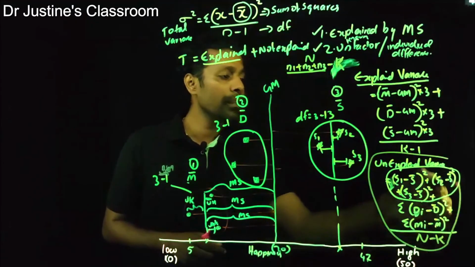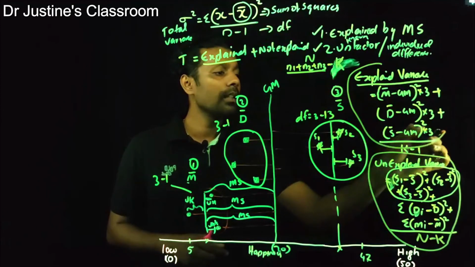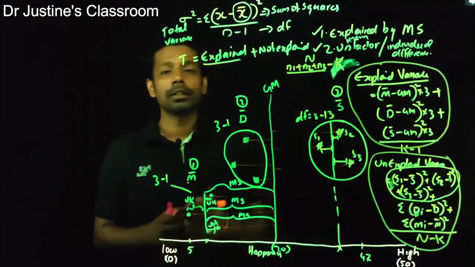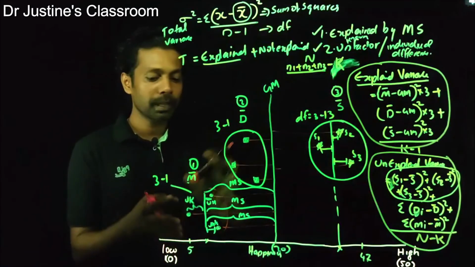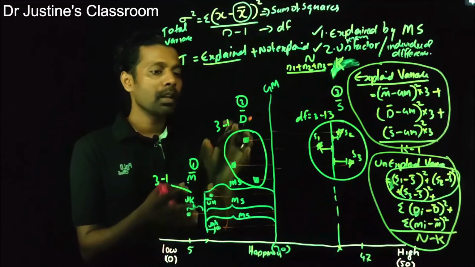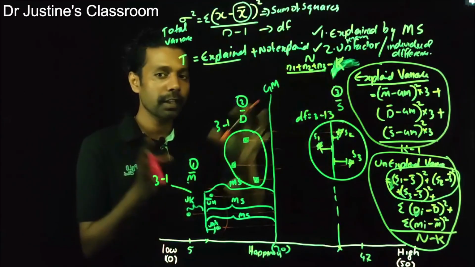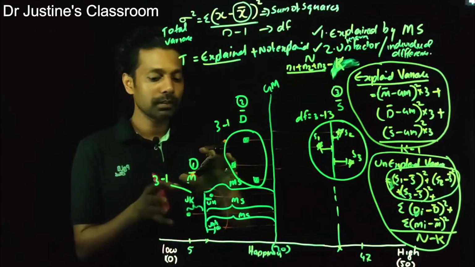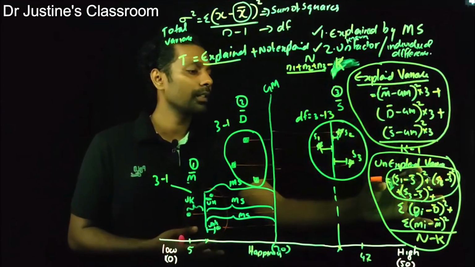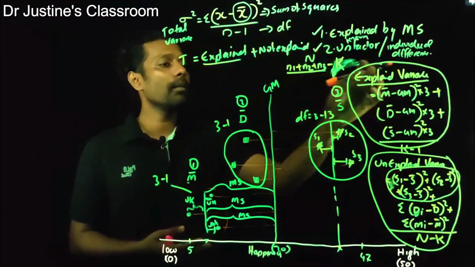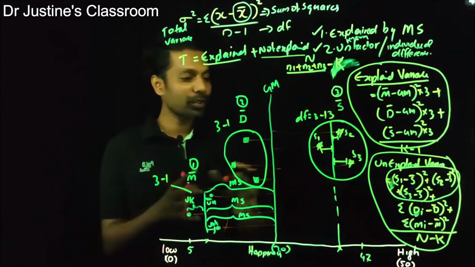So this is how I can find out the individual differences variance, and this is how I can explain the variance due to the changes in the membership of different groups. That means being a married man, being a divorced man, being a single man, the differences, the variance due to the marital status. So this much is the score, this much is the score, and the total variance is the sum of explained and not explained. Now this is the total variance.